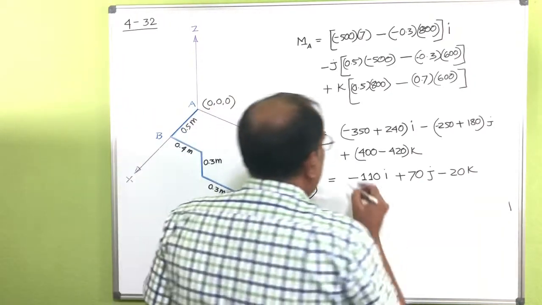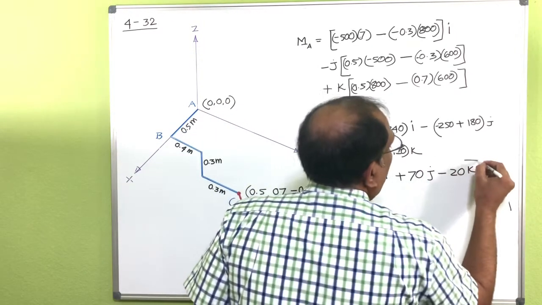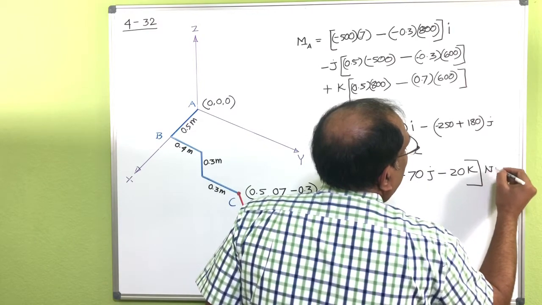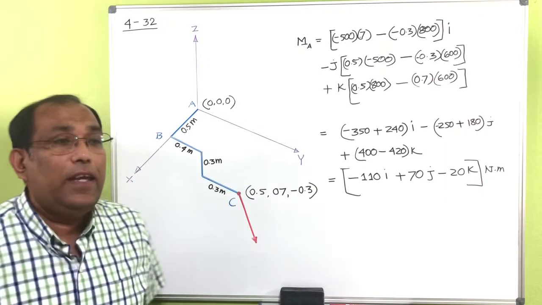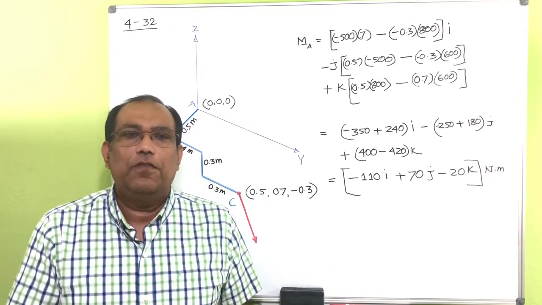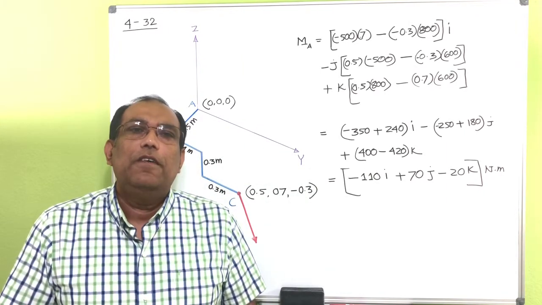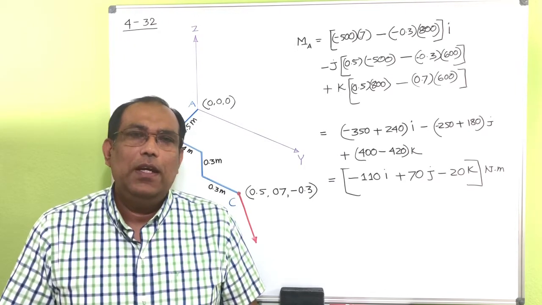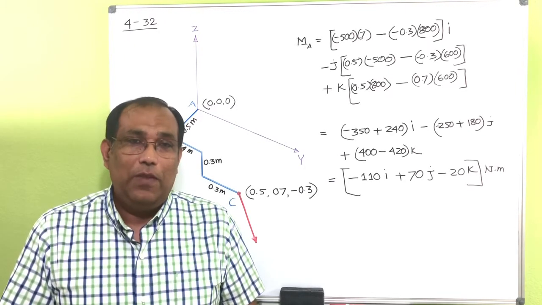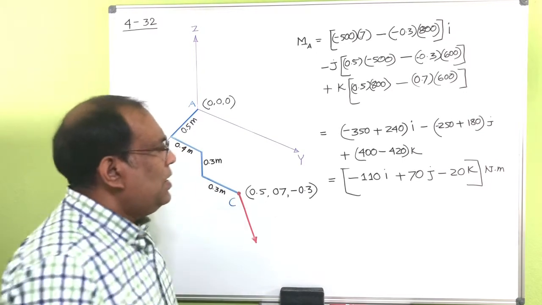That many Newton meter. So you can see your moment here is given in terms of vector. Okay, so if they ask you to find the magnitude of that moment, that is nothing but,